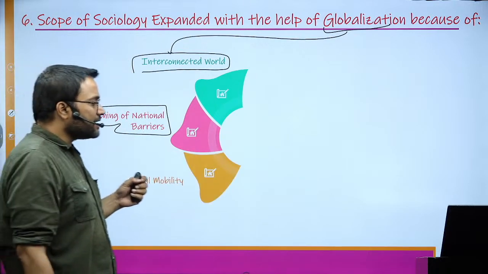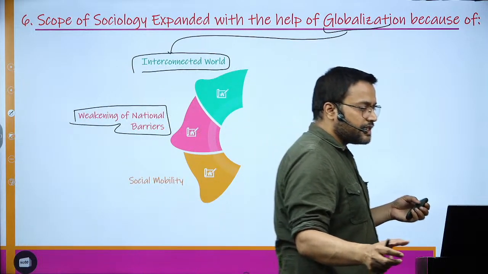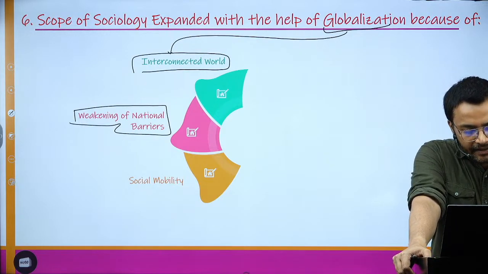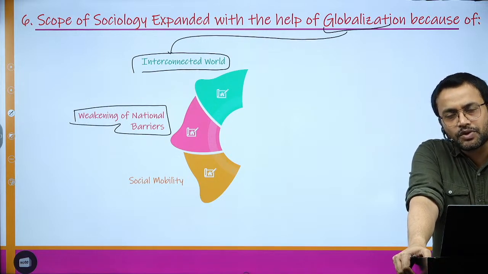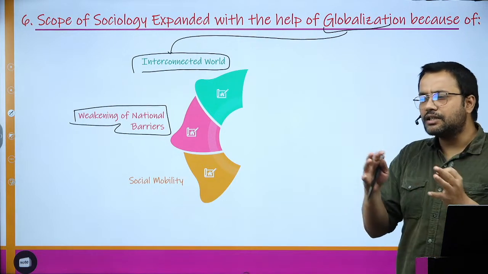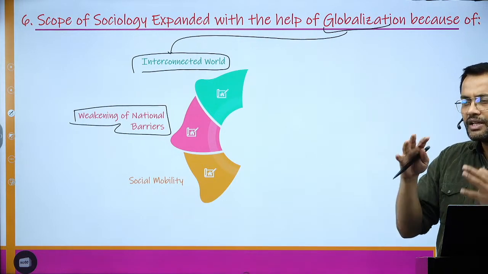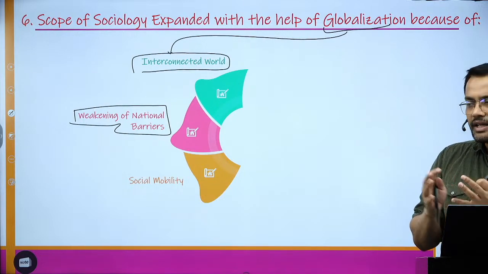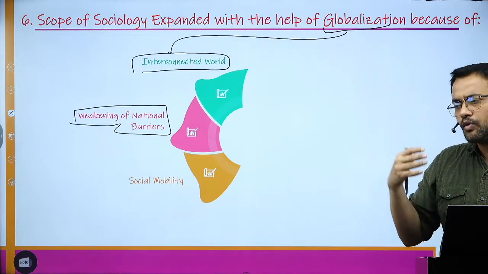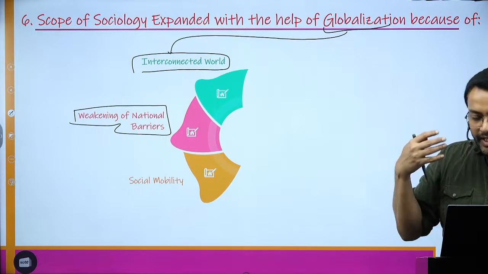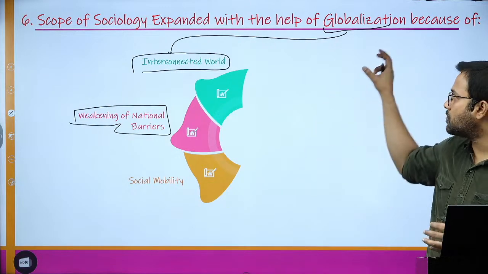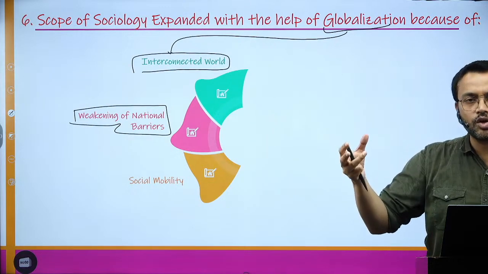Then social mobility. Because of a lot of job opportunities, people are able to climb up the social ladder, and because they are able to climb up the social ladder, they are able to change their social status. Earlier, in India for example, when jobs were decided on the basis of the caste system, now people are not restricted to it. Based upon their skills and merit, they are able to venture out in the field and take whatever job they are good at. So it is bringing a drastic change in society, and this is happening because globalization is leading to lots and lots of job opportunities.